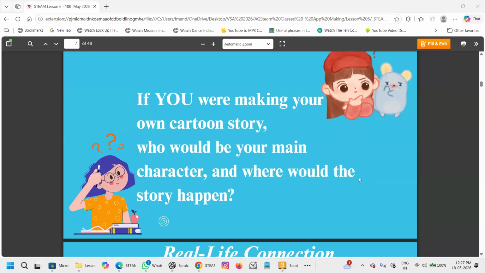Where should the girl be? Fahima, where do you want the curious girl to be? The place. I would like her to be in the zoo. Why so, Bibi? She's having a hearty time. Where will the girl be? Fahima, where do you want it? In a city. Okay. What about others? Are others not wanting to make the cartoon story, or not interested? Because I'm very curious to see.